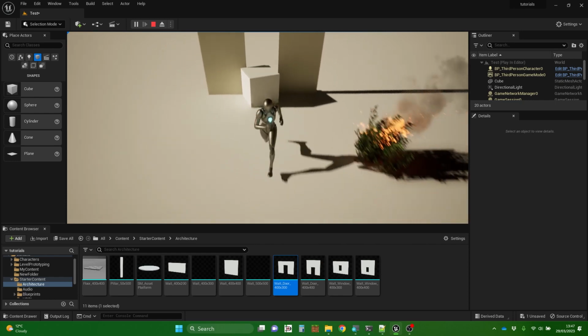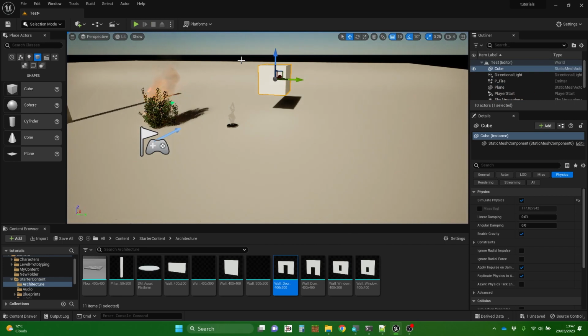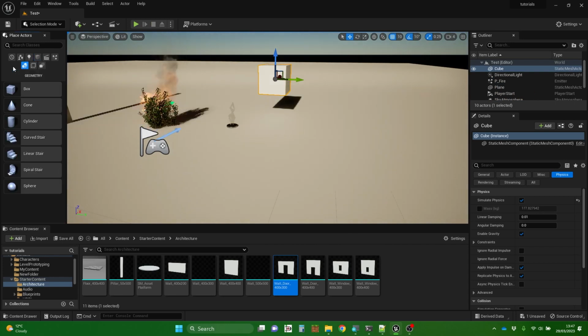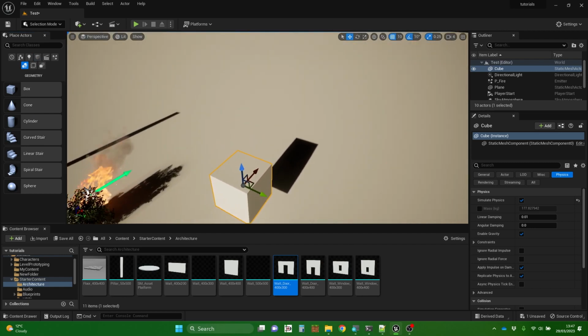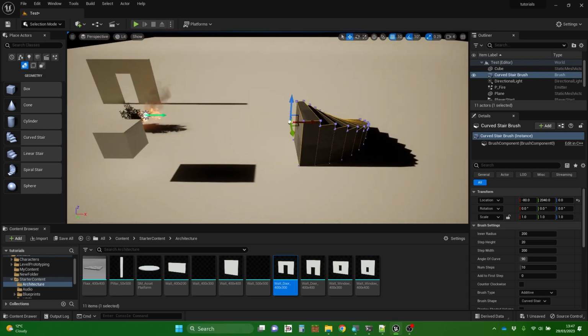Too distracted. Right, let's move on. Final thing I'm going to show you is going to just use one of the geometry items here. I will do another video in this series that focuses on these geometry brushes much more, and I'm just going to pull in a curved stair there,